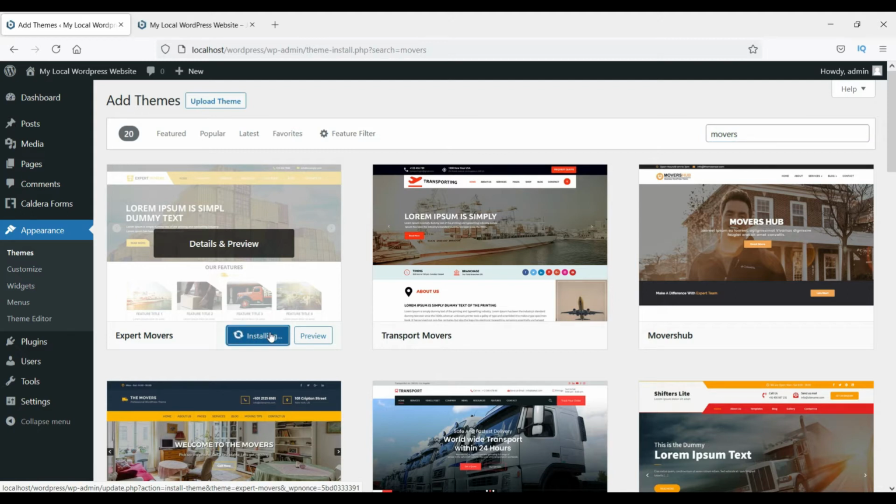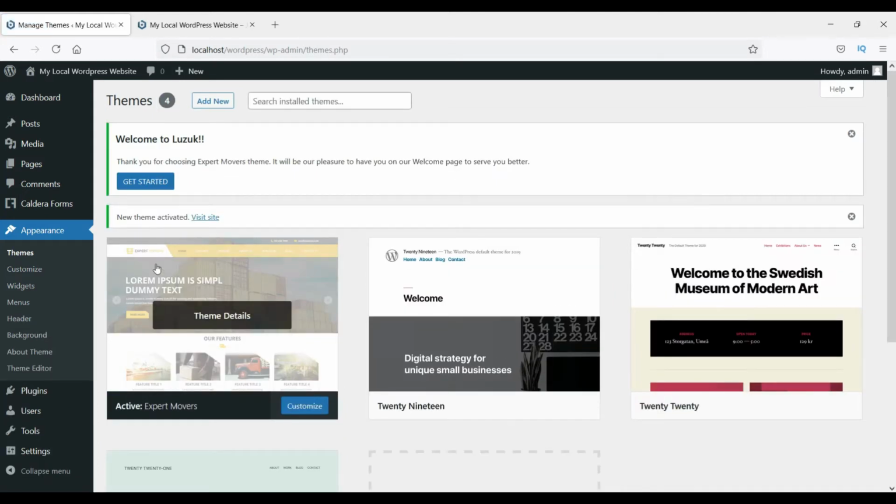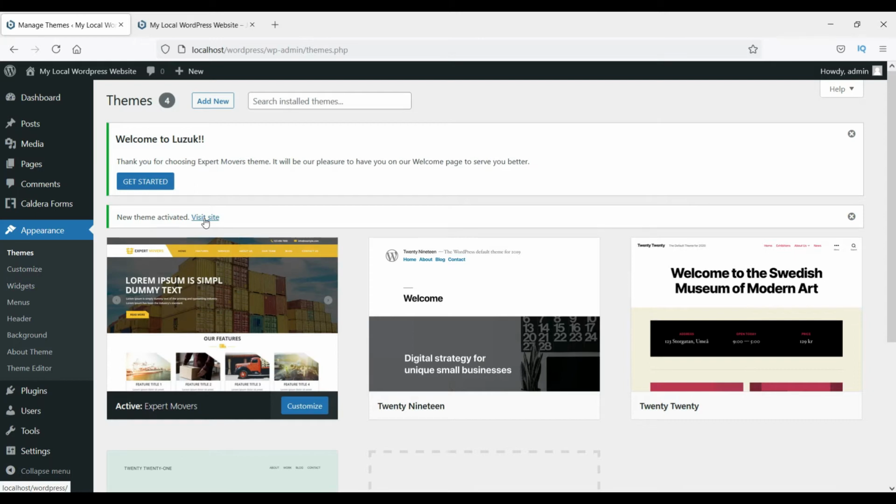Now look, this is one of the free themes listed in WordPress, and maybe if you want to make a lot of changes to this theme, then you may need to buy the pro version of this theme. I'm not sure, I'm just checking it. So let's click on Activate. Now it shows the new theme is activated, and it says thanks for choosing this theme. Great, click on Get Started.